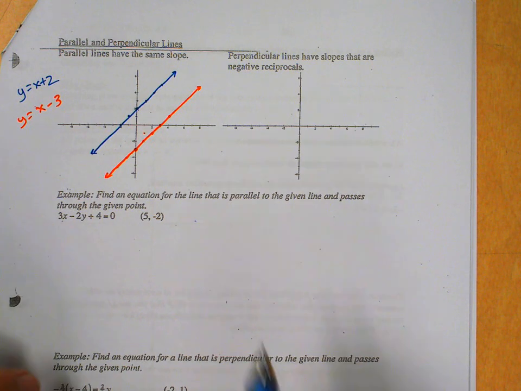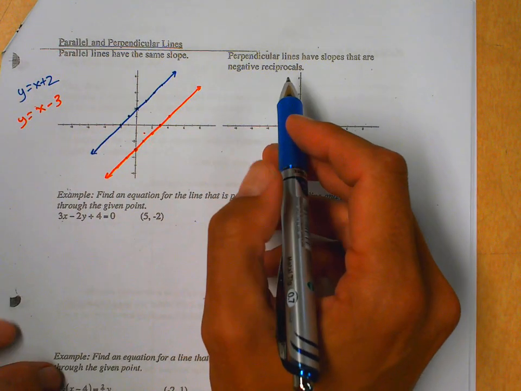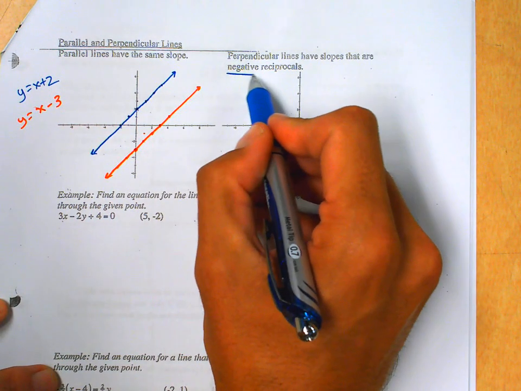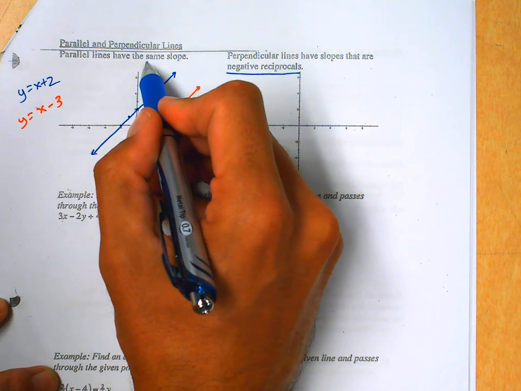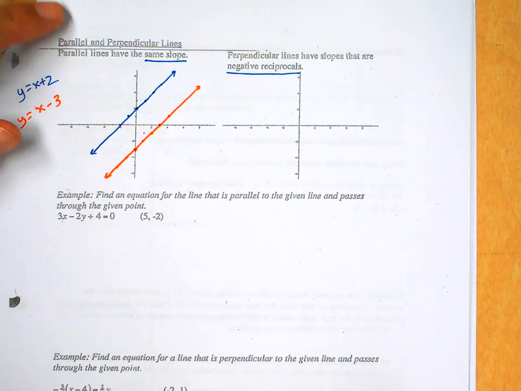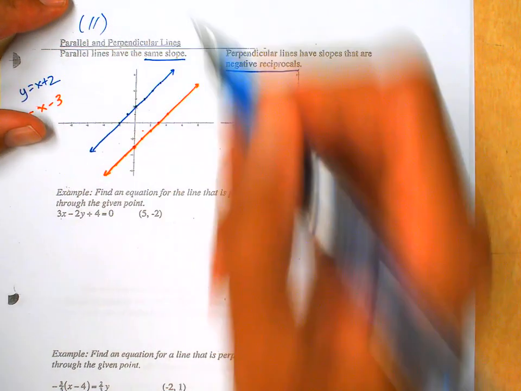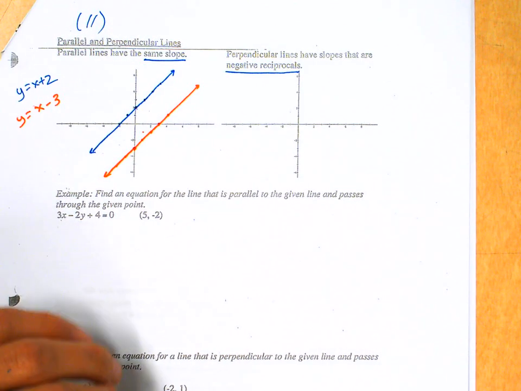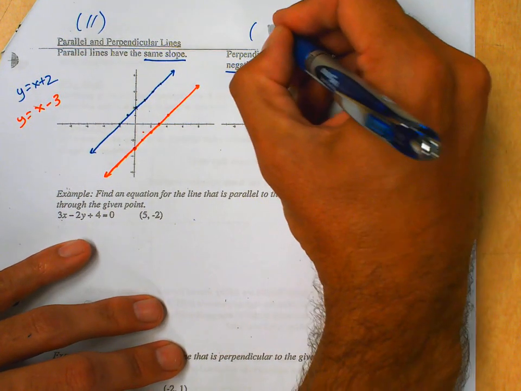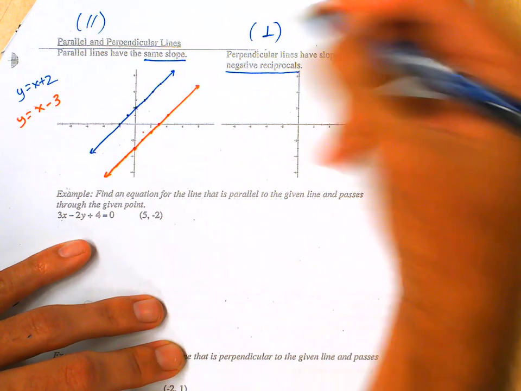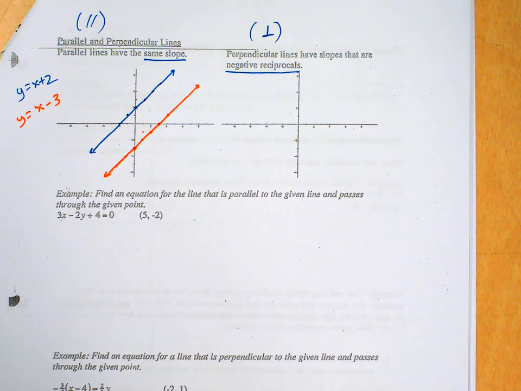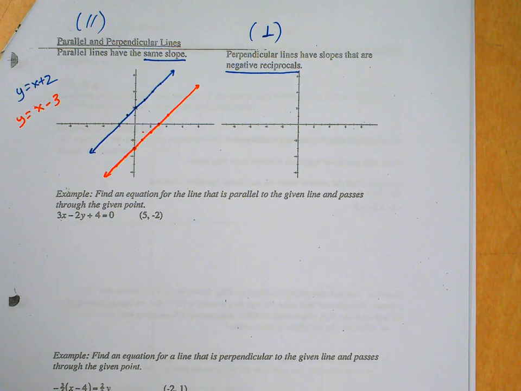Now, perpendicular lines have slopes that are negative reciprocals. Again, parallel lines have the same slope. Also, just a little symbol for parallel, you'll see 2 slashes. That means parallel. The symbol for perpendicular is an upside down T. It means perpendicular, they intersect at a 90-degree angle. So